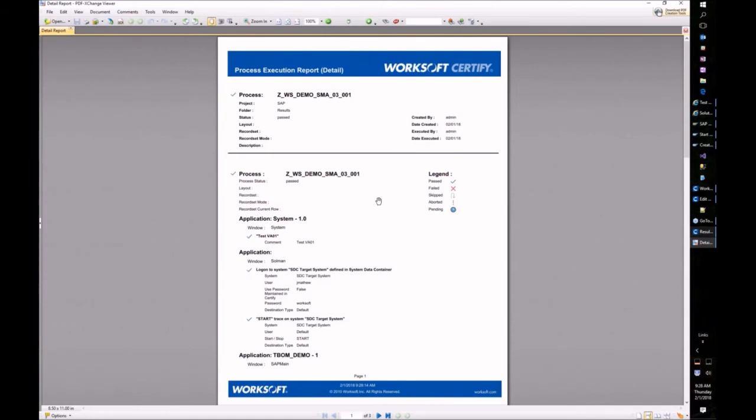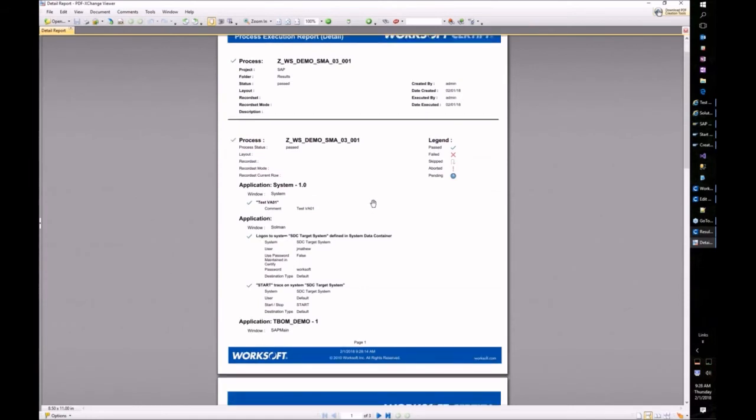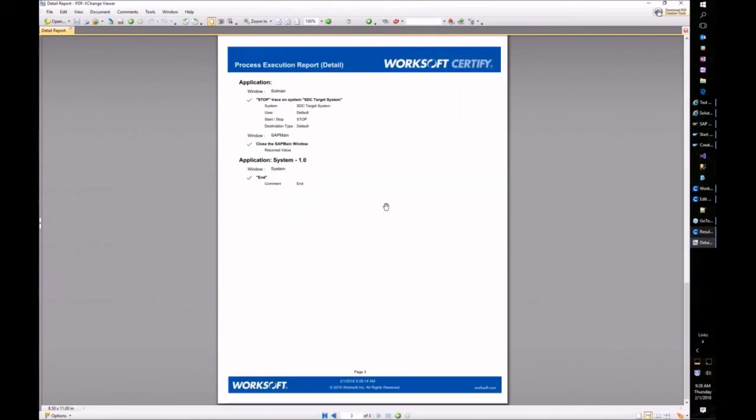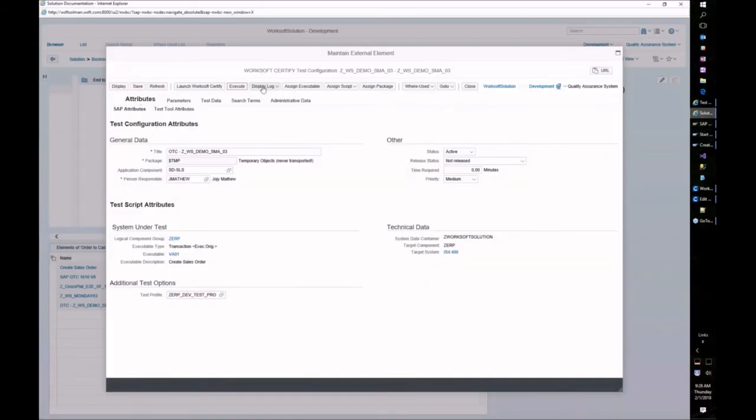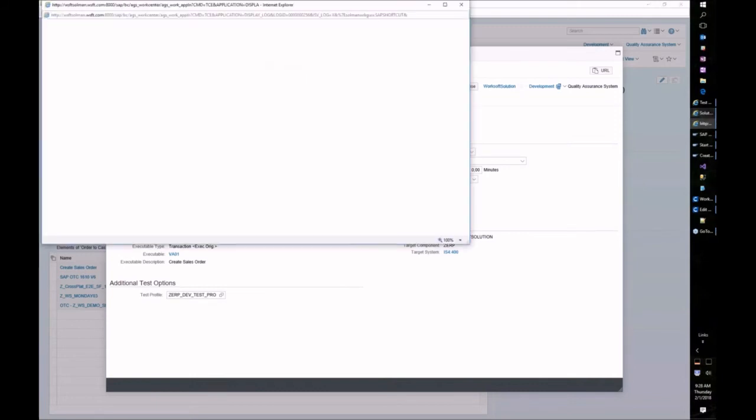This is one of the PDF reports. It gives you detailed status on each of the steps that were executed. So I'm going to close the result viewer, come back to Solution Manager, and also we can view the results directly either from the test tool log, which will launch Certify Result Viewer,